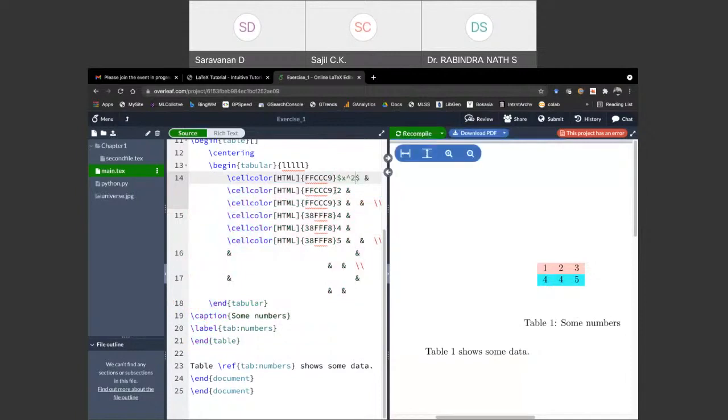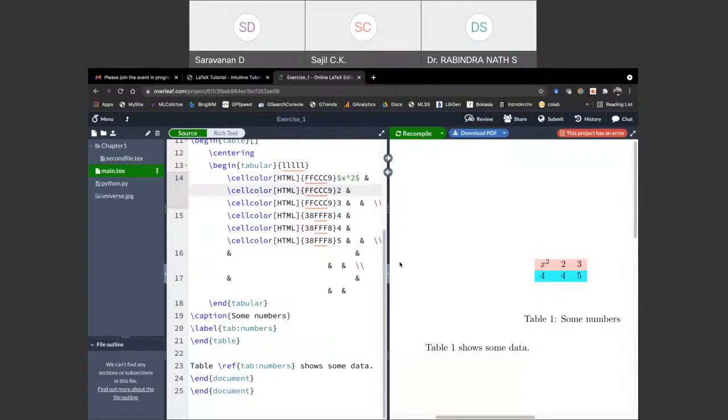I'm inserting it between the ampersand symbol. So the equation appears here. See, I'm giving it between this ampersand and the next thing. Likewise, you can add equations easily within a table.